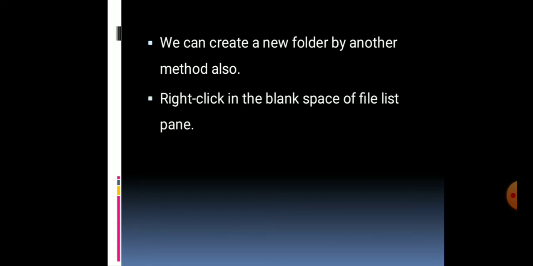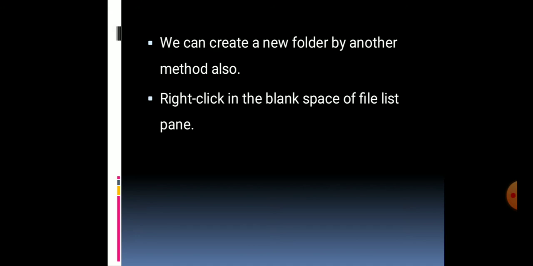And I can create the folder in another way. That is, I have to right click on the blank space of the file list pane. Near the navigation pane, I told you the file list pane, isn't it? Here we need to select an empty space. It is not necessary to select a file or a folder.